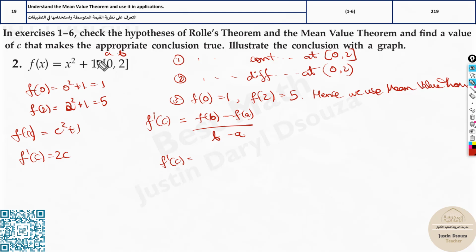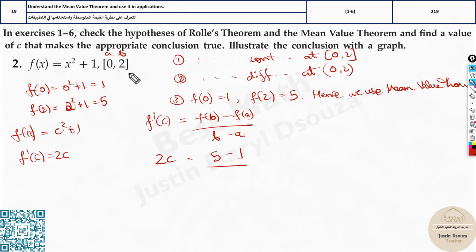Same like the last problem, just the limits are changed. Now here, this particular 2c value is over here under f dash of c. So we will put 2c, and over here f of b, b is 2, so that is 5, minus f of a, which is 1,